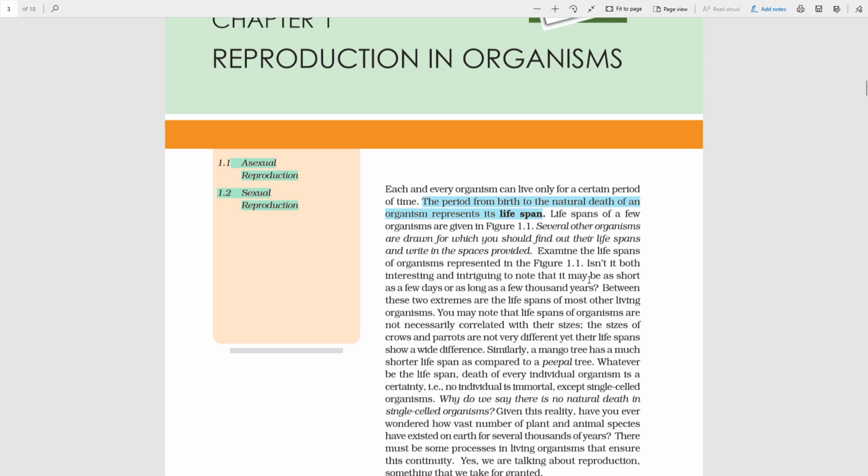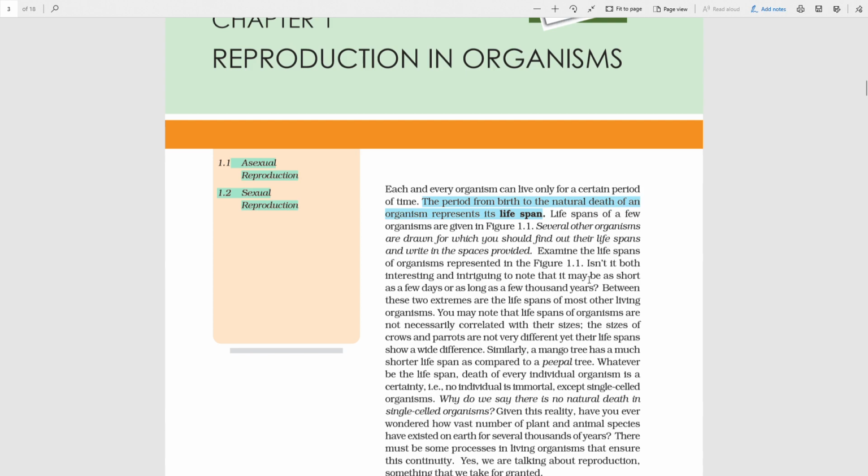So as you know, from the very beginning of the making of this universe and of the earth, there was a gradual process going on the surface of earth, which was evolution. In evolution, we have seen that many organisms have evolved into what we are today. So basically, what's in a life? We grow or we give birth to someone, those grow and they die. The period from the birth of the child to the death of the organism is known as a lifespan.